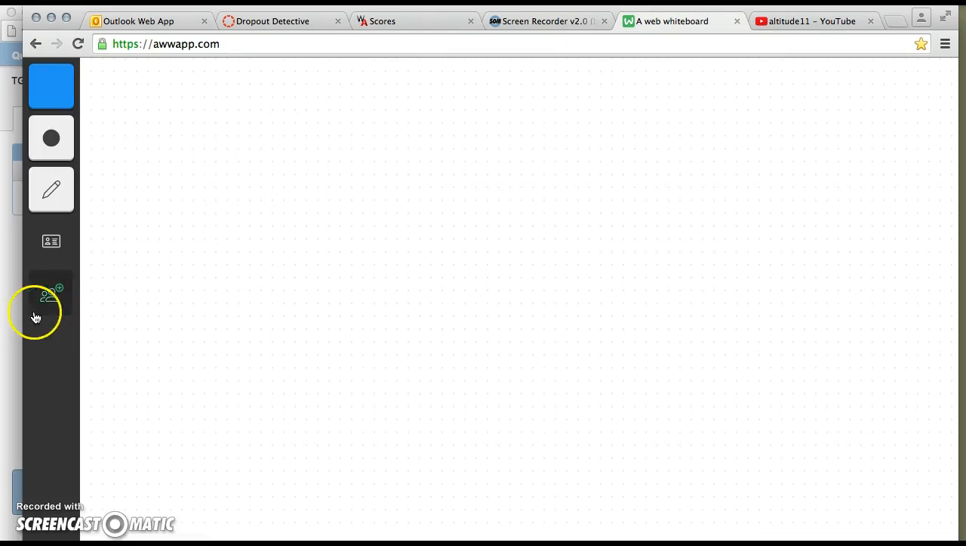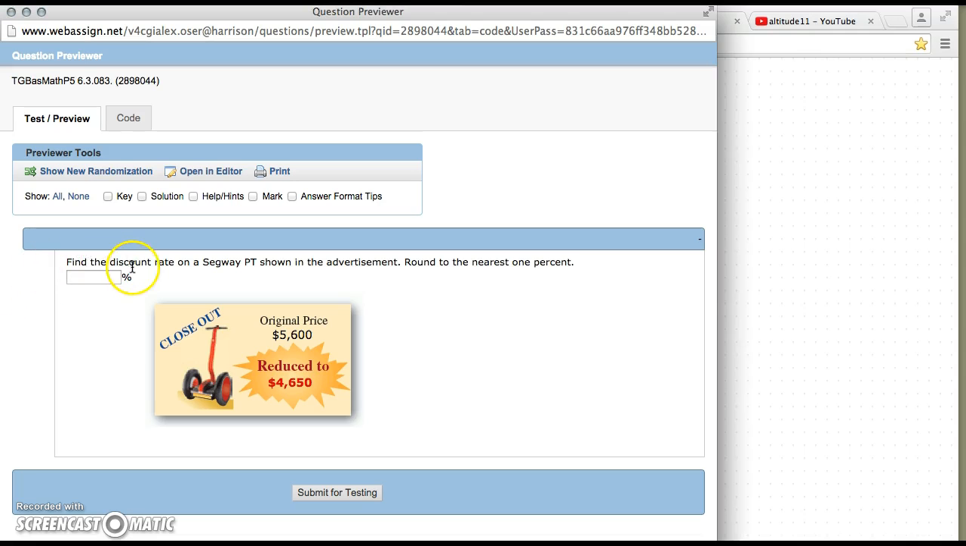Alright, so first off, the problem itself says to find the discount rate on a Segway PT shown in the advertisement. Round to the nearest 1%. So in the advertisement here, it gives us an original price of $5,600, and it says that's been reduced to $4,650. Our job is to find the discount rate on the Segway. So in other words, what percent of the price was knocked off of the original price to get us down to